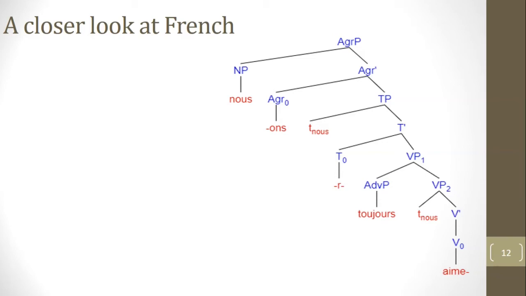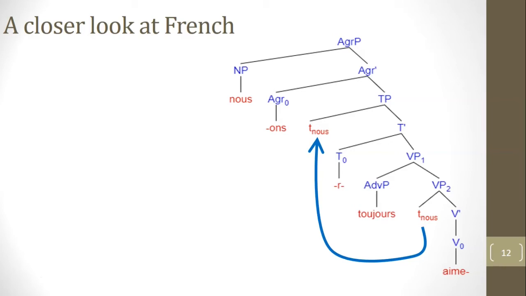Now we're going to call one tense phrase because it is headed by a tense marker, and for the sake of convenience I'm going to call the other one agreement phrase because it is headed by the features which trigger person and number agreement. So what we've done here is taken that simple inflection phrase and broken it up into 2 separate parts to create this particular tree. So the subject is merged in the specifier of the verb phrase and moves to the